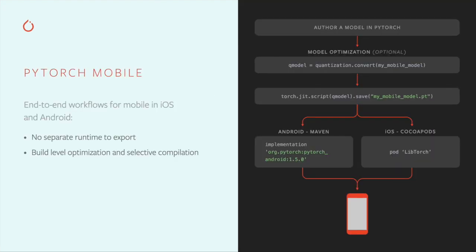PyTorch offers native runtimes for iOS and Android, allowing you to bring your machine learning app to mobile devices. Including the library in your project is a one-liner, but there is more to do getting set up for best performance on mobile. In this video, I'm going to show you